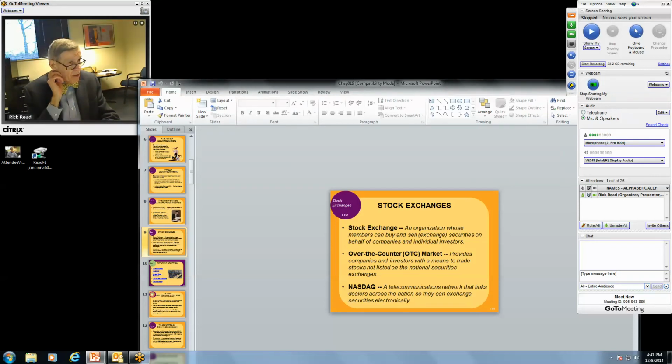The over-the-counter market is where companies have their stock for sale, but their market capitalization, what they're worth, is not considered sufficient to be listed, pardon me, on either the New York Stock Exchange or the NASDAQ, which we're coming to next. The largest over-the-counter stock market for a long period of time was Amex, the American Exchange. And I'm not sure Amex is still in business. They may be, but you can buy these stocks.